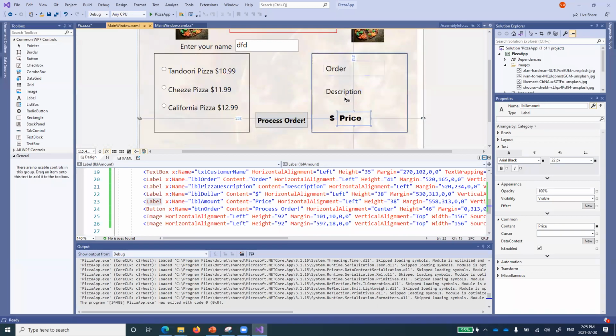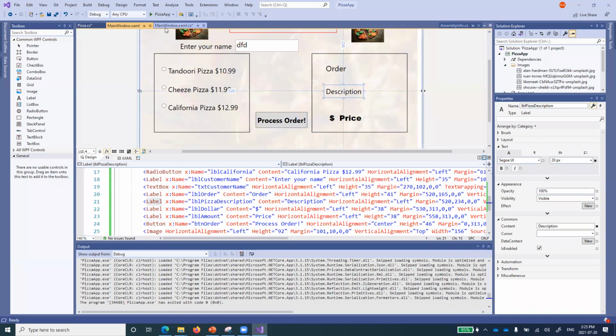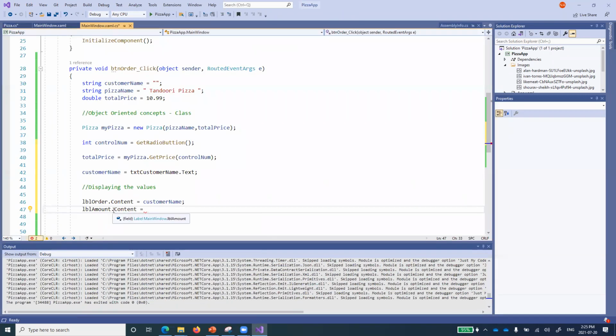Okay, so description. I need to work on label description. So not label amount, label pizza description. I hope I got it right. I'll check it once more. Label pizza description dot content is equal to my pizza dot get name.